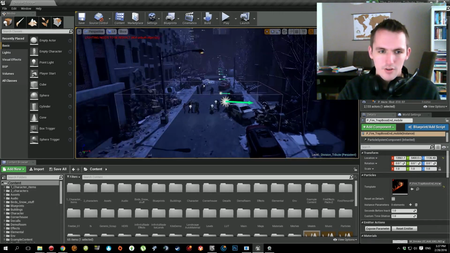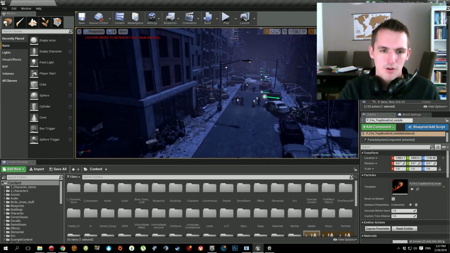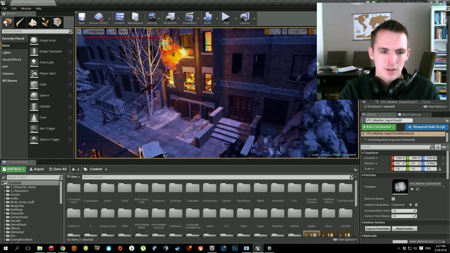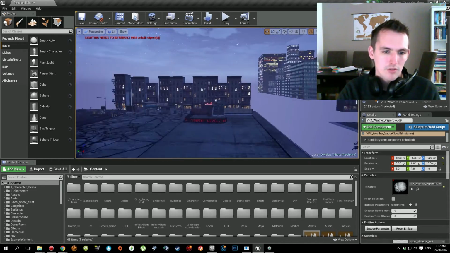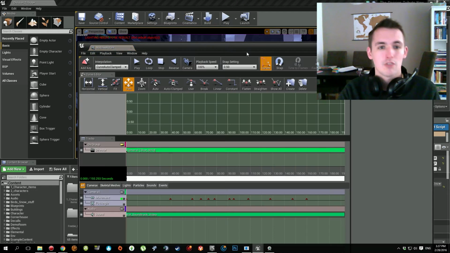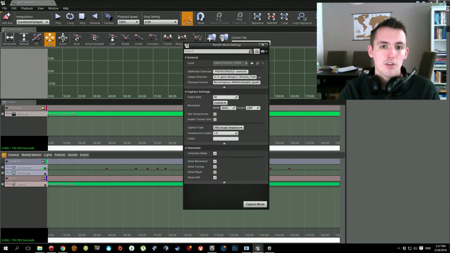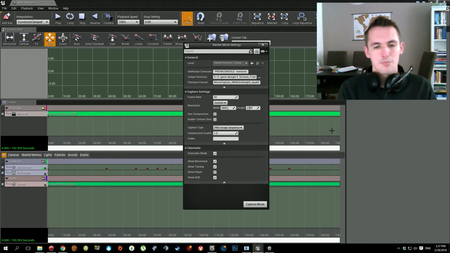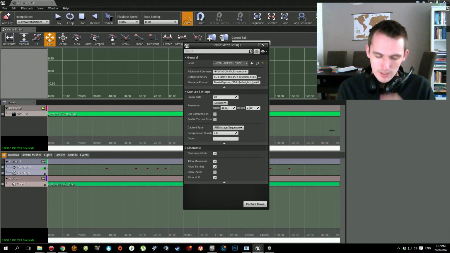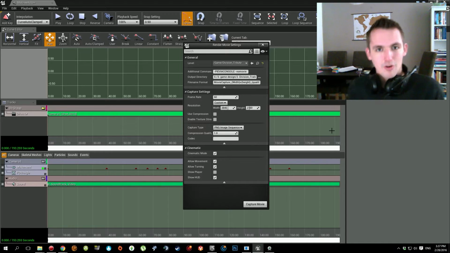So yeah, after I did all of that and added some fog and changed the post-processing a bit, I wanted to render it. And to render it, there's a really nice option inside Matinee that says movie, and you're able to render a PNG image sequence at your custom resolution. I did it in 4K because I had some issues with 6K. My computer is capable of doing it. I just got too frustrated because it took too long, and I had to do a lot of things myself,